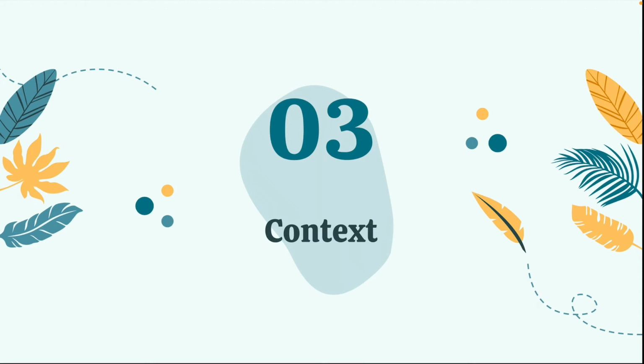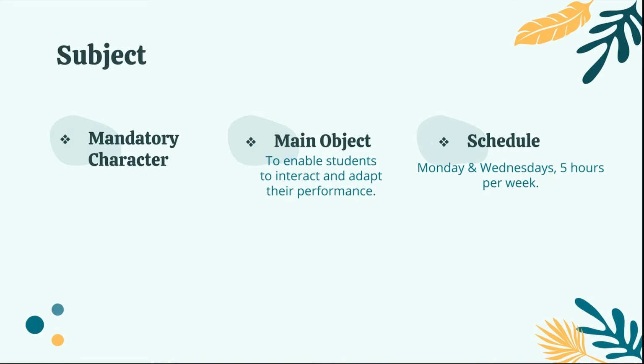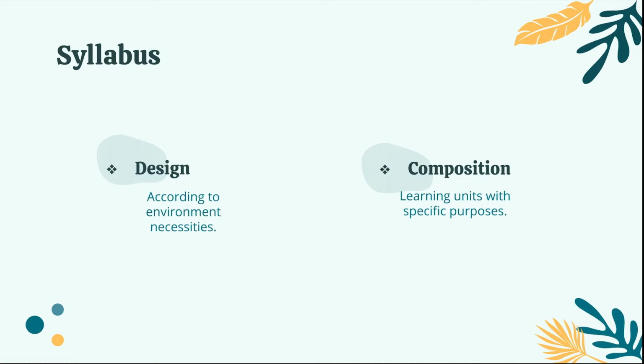Number 3. Context. The project is focused on third-year middle school students who take English in a public school for approximately 5 hours per week, with the main goal of using the language in communicative situations through the development of their main skills. During this school year, the program is designed according to 3 learning environments, which are community, literary, and academic. And those are expected to give the student the necessary tools to function with the language in a